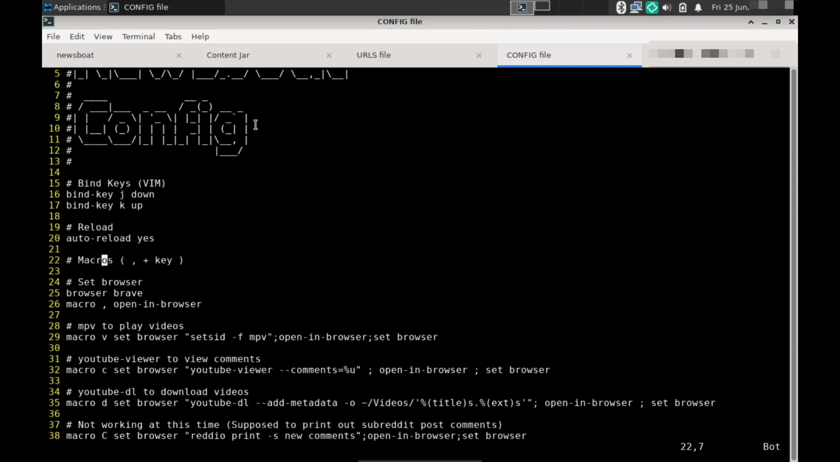So now macros. You set it up that comma is for macro, plus the key that you set up. The way Newsboat works is usually you'll open a link in a web browser. A web browser can open up pretty much anything. But we want to open it not in the web browser. We want to try and escape YouTube. Instead of going to the website, we can set a macro to set the browser. Instead of your browser that you set here, mine was Brave, you can set it to MPV or any other